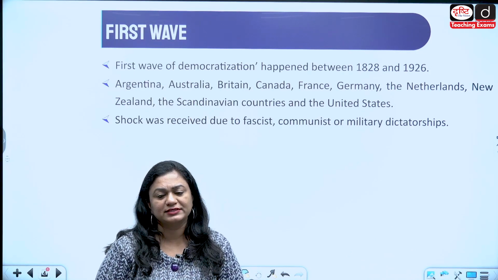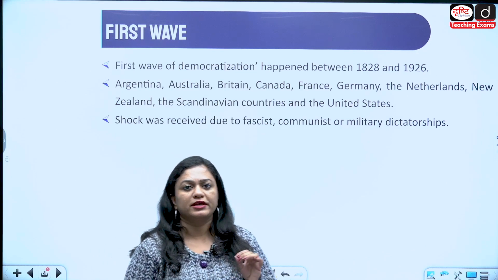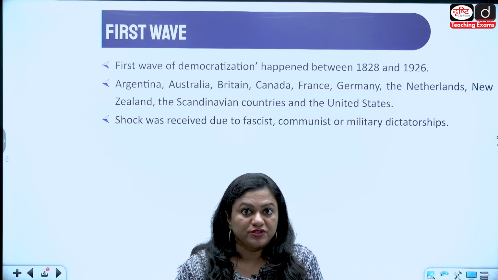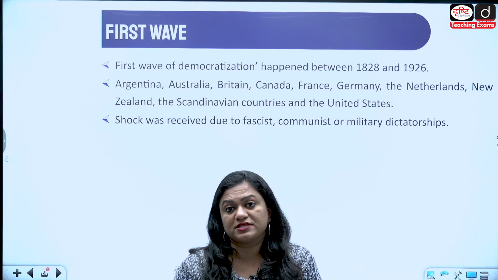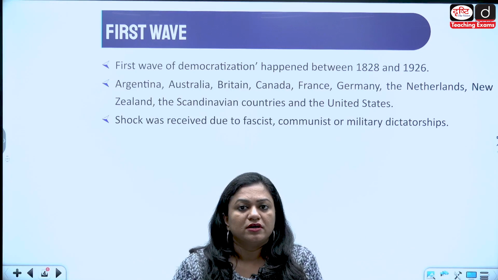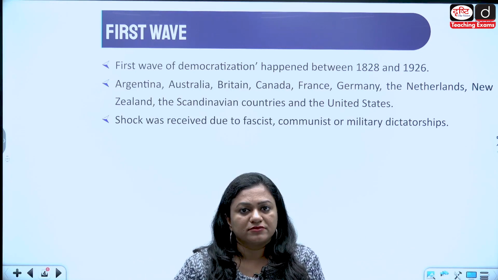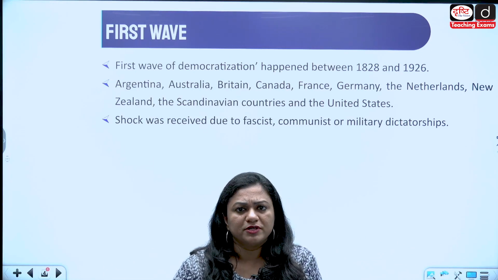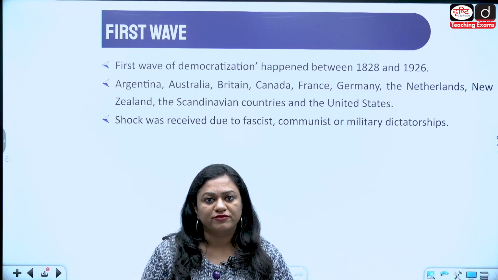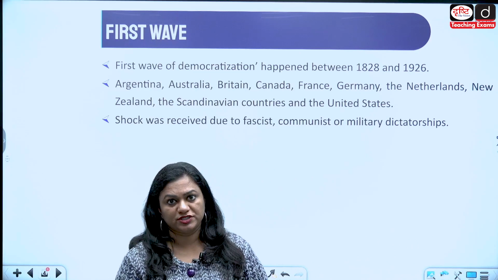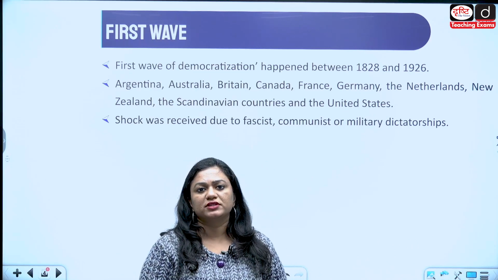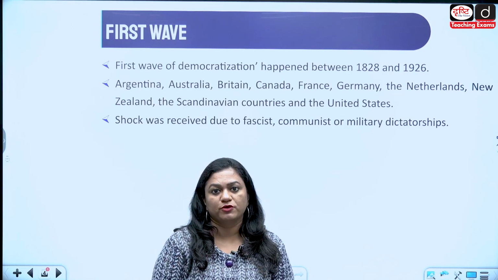And if you have read J.S. Mill also, he is one of the important theorists associated with the representative form of government. He spoke about 3 types of liberty. In On Liberty, he has written freedom of action, then freedom of thought and expression, and freedom of association. Various other thinkers also came up with the idea that you have to promote democracy,